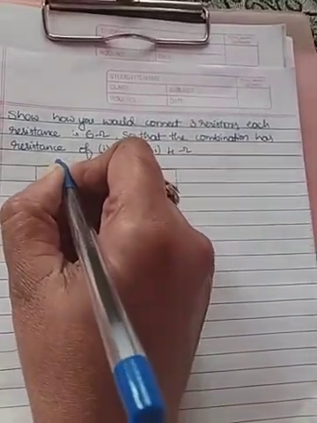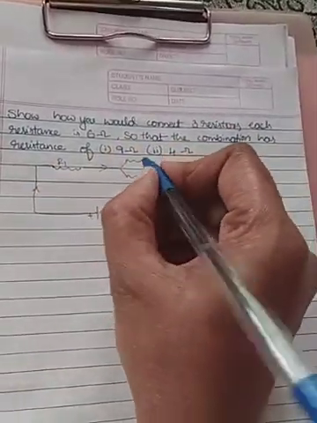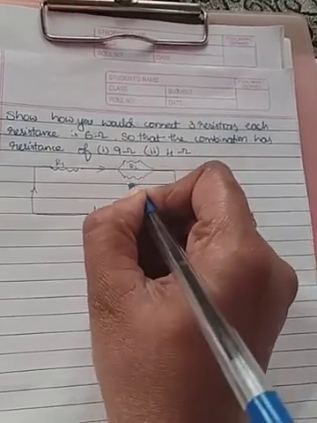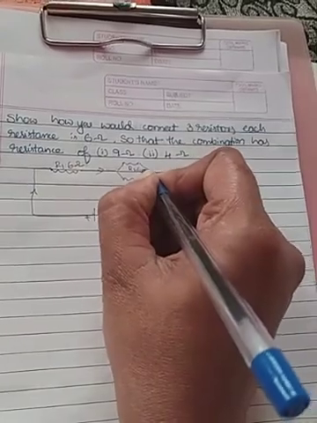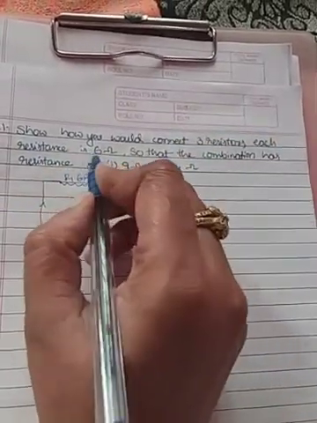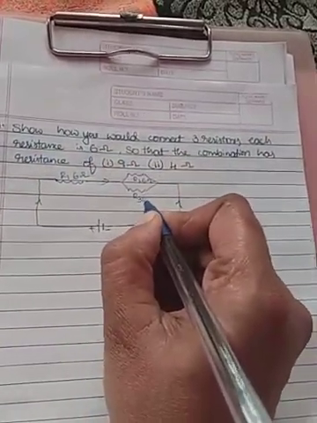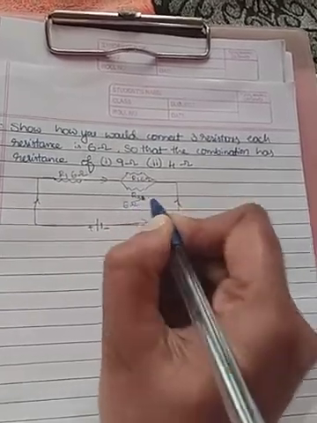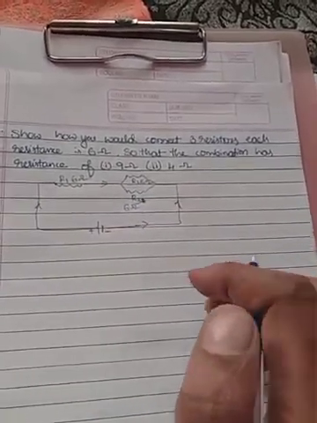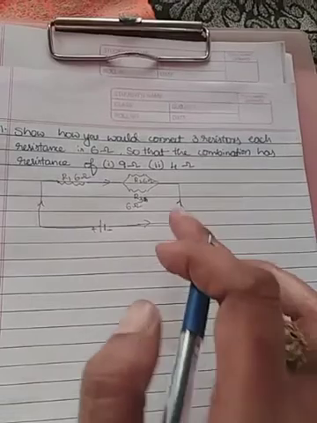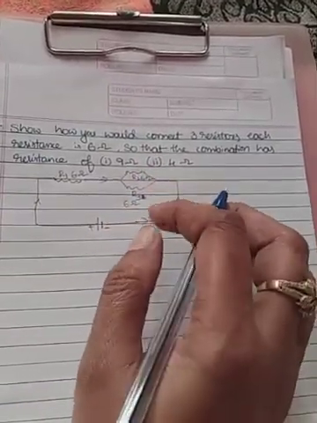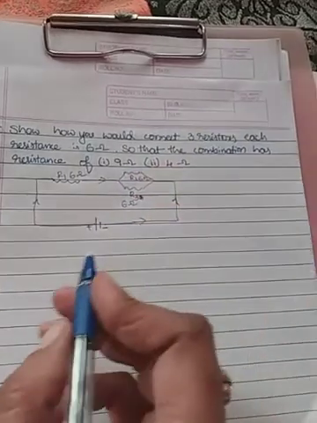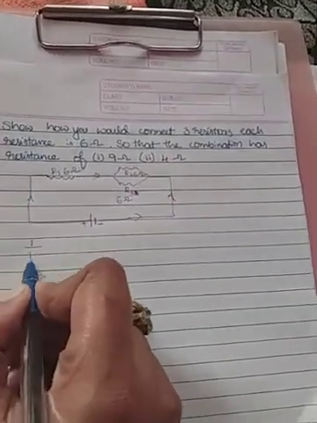Okay, this is R1, this is R2 and this is R3. R1 is 6 ohm, R2 is also 6 ohm, because each resistance is 6 ohm as given, and R3 is also 6 ohm. Okay, so we want to find, let us see here, these two are connected in parallel, then it is connected in series, right? So let us calculate the parallel first.